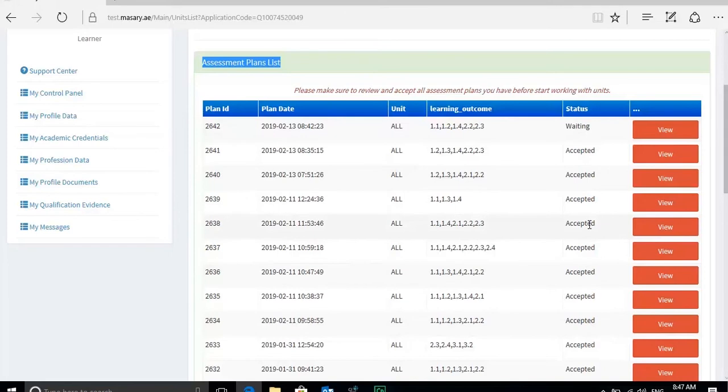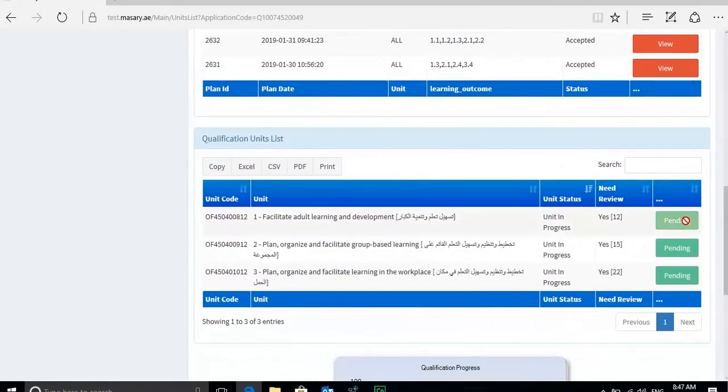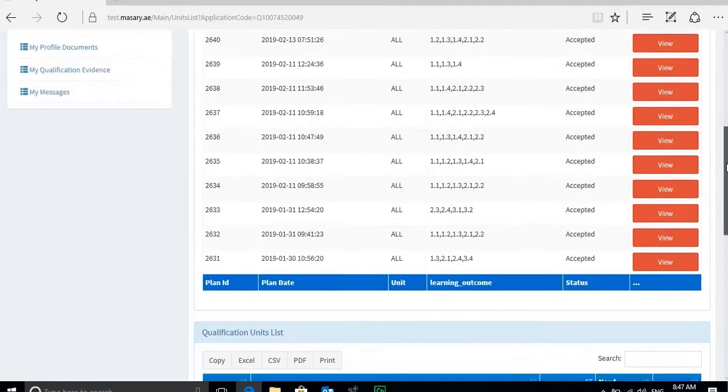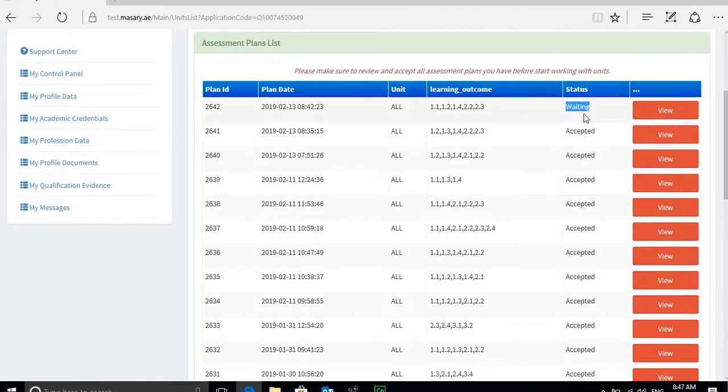Now for the status, there are two different statuses that there can be. One is accepted, and the other one is waiting. If you have waiting for one of the statuses, then as you look below for the unit, there are also two options. One is pending. If it's pending, what I need to do is accept the one that's waiting. In order to accept it, I have to click on View,